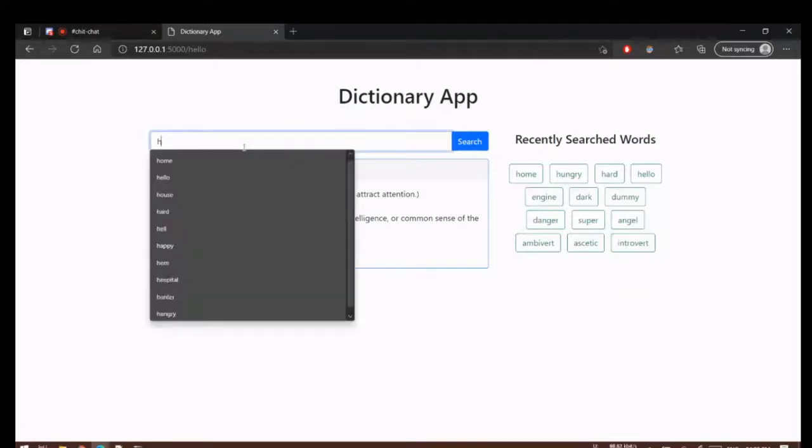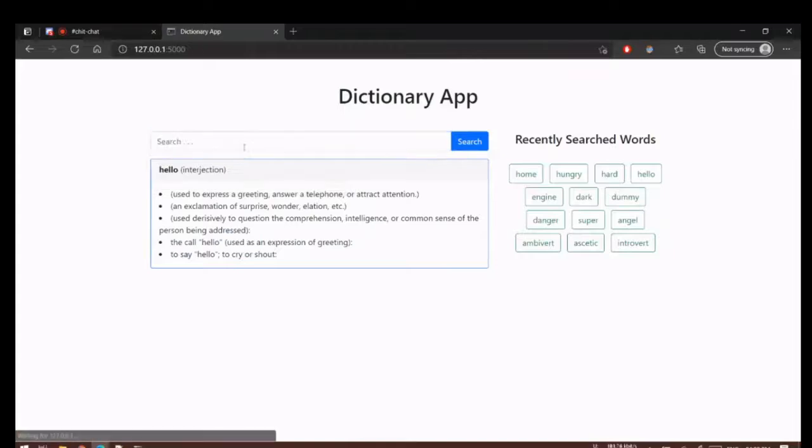Even if you type the word here, it will retrieve it from the cache itself because the word is already present in the cache. Now, normally web scraping, building a front end with Flask, and database, all these three concepts are actually pretty easy, but in isolation.